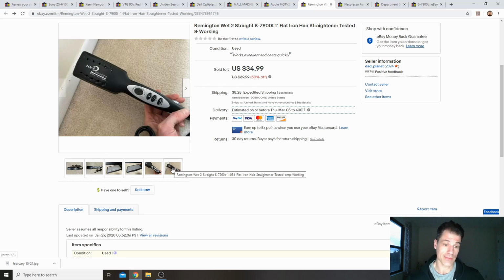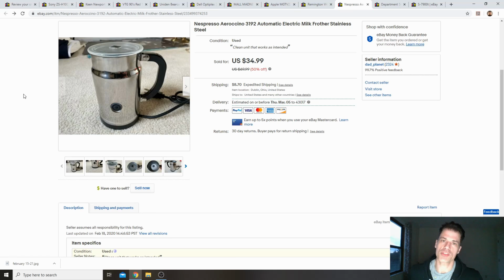I go into the data on my phone, and if the thing looks good, it comes home with me. So this was a good sale. I'm happy. Nespresso. Anytime you see Nespresso in the stores, scan it or look the number up. The interesting thing about this is a milk frother. The interesting thing about this unit